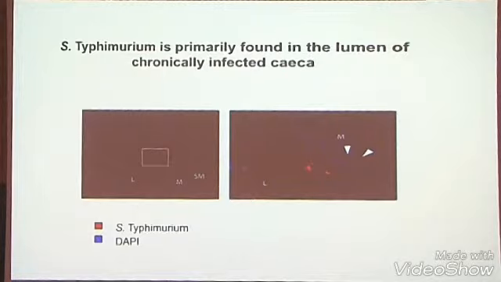Salmonella, for its part, well, that's hard to see, but you can see the Salmonella here, found really in the lumen of these things. We don't see it deep intestinally. It seems to be on the surface where it's triggering this inflammation. We don't see it deep in the tissues. It seems to be mainly in the lumen in these infected areas. But it's kind of like a piece of sand in the oyster, causing this intense inflammation and irritation, triggering this whole series of events.